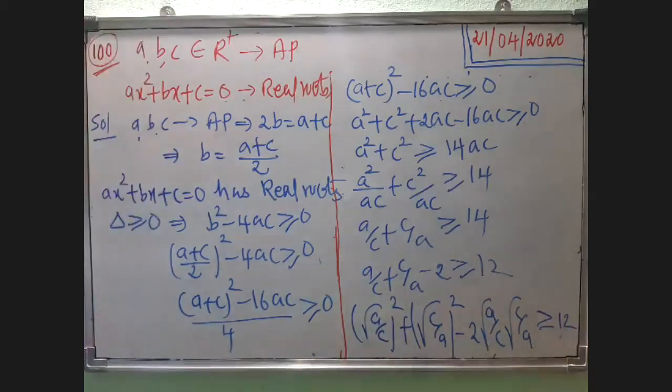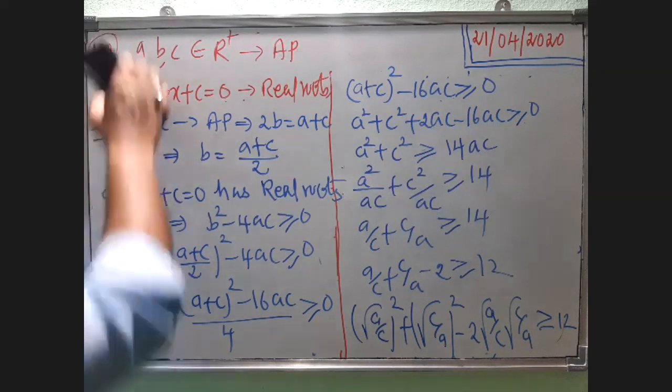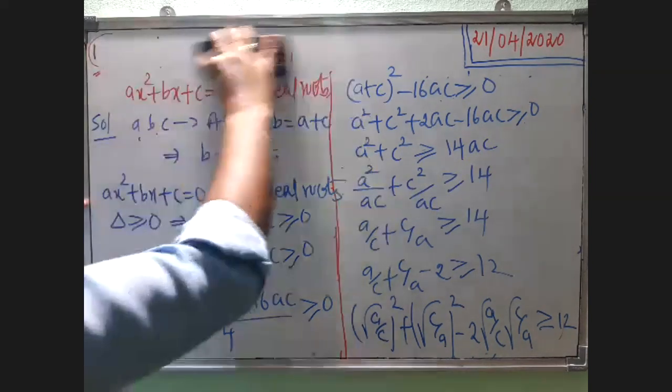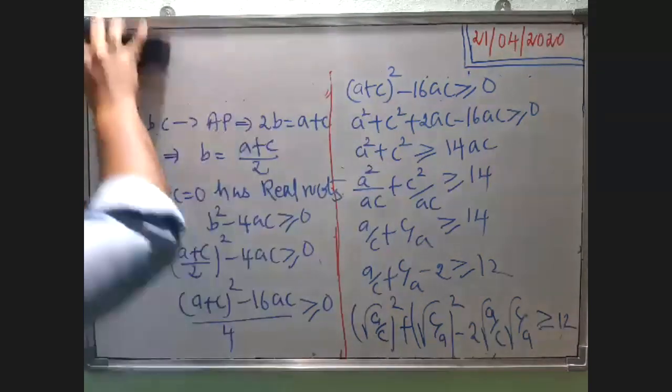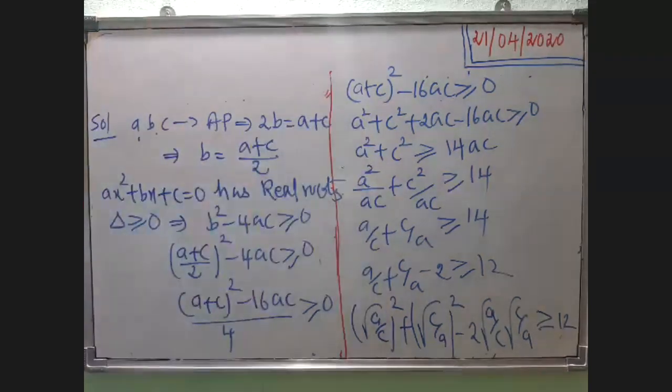12. So now you can observe very clearly here that it becomes a square plus b square minus 2ab, which is equal to a minus b whole square. So you can write it down as, I will write this here and I will finish it off. So what happens is, you get